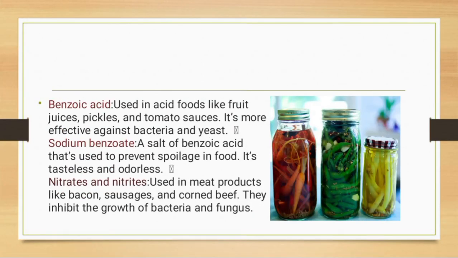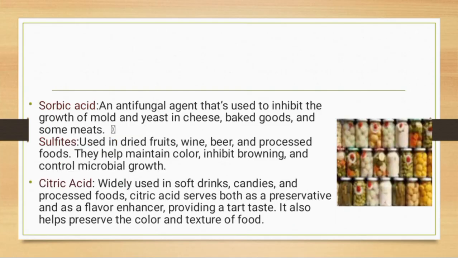Nitrites and nitrates are used in meat products like bacon, sausage and corned beef; they inhibit the growth of bacteria and fungi. Sorbic acid, an antifungal agent, is used to inhibit the growth of mold and yeast in cheese, baked goods, and some meat. Sulfites are used in dried foods, wine, beer, and